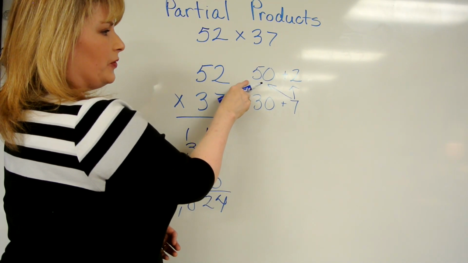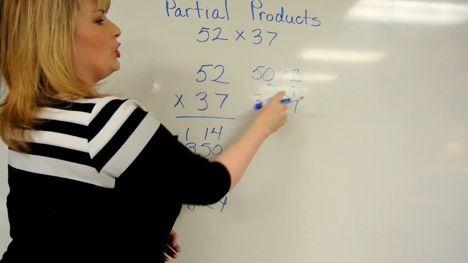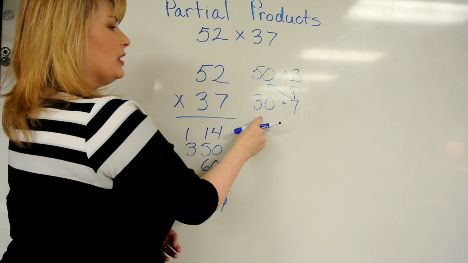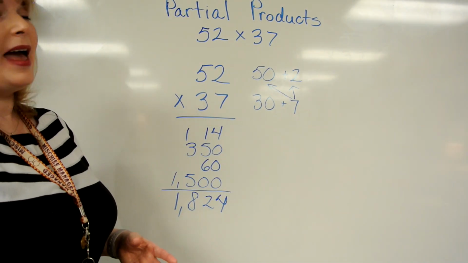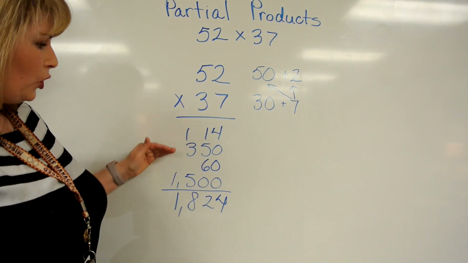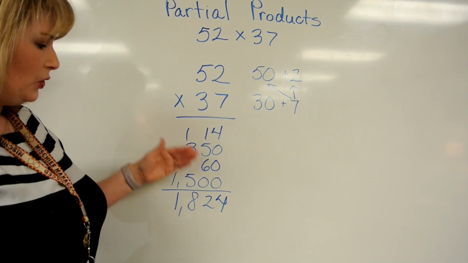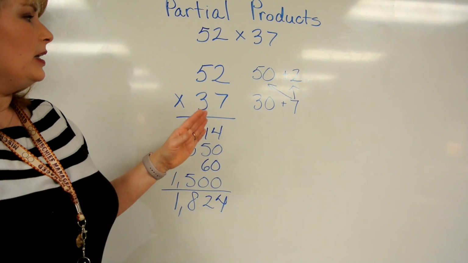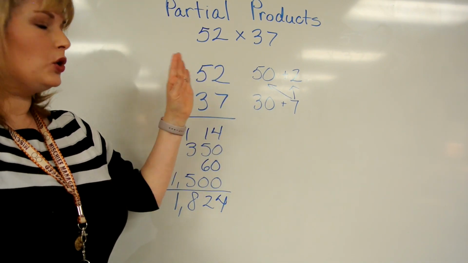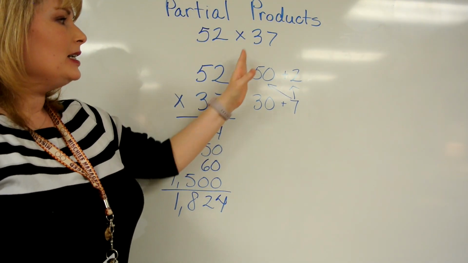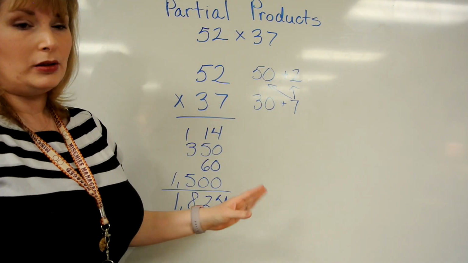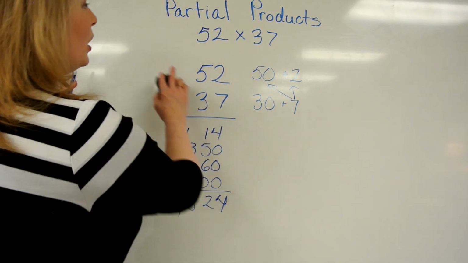7 gets a turn with the 50. 30 gets a turn with the 2, 30 gets a turn with the 50. So everyone is taking their turn. And you get the 4 partial answers, you add it all up. Eventually, the goal is to get the children to do this in their head and not need the written model anymore. So if I do another one,